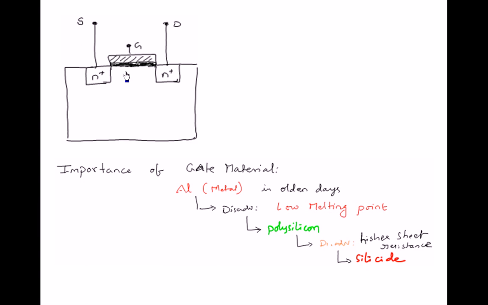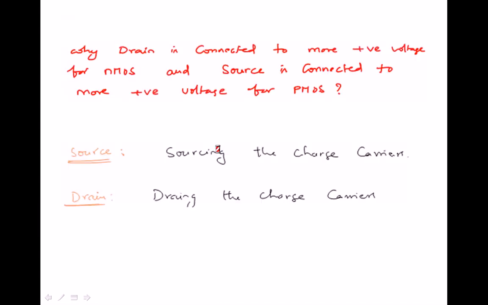So metal oxide semiconductor, this is the metal aluminum, and it is silicon dioxide layer oxide, and below that one you are getting the channel. Whether it is N channel or P type, whatever you are getting, it is nothing but semiconductor. So MOS, metal oxide semiconductor, this portion is going to be treated as MOS. This is the portion. MOS, metal oxide semiconductor. That's why the name has come.